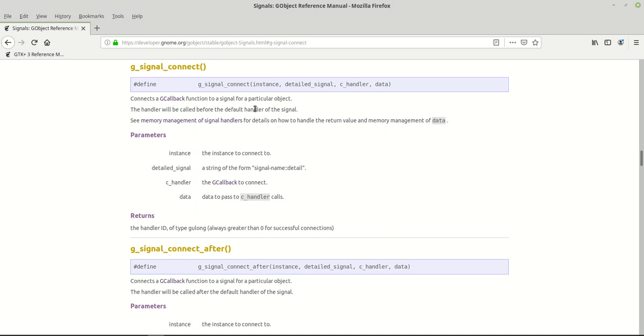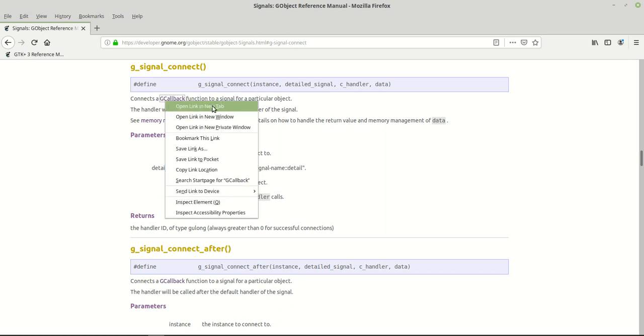Okay, it's a little bit complicated for you, but I will skip this part because we don't need too much theory. We need to understand how it works in broad terms. So it says connects a GCallback function to a signal for a particular object. Now we go inside to see what this means. So I will open the link in a new tab, and it says